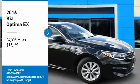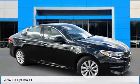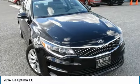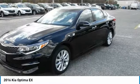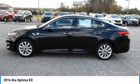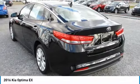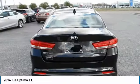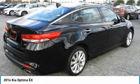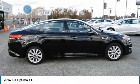We are pleased to show you 2016 Optima. The all-new Kia Optima offers a new level of style and performance features from Kia. The Optima also features engine management systems like direct injection and turbocharging, which enhance performance without sacrificing fuel efficiency. Its smooth flowing lines speak of grace and style and offer a strong hint of European luxury, and is priced